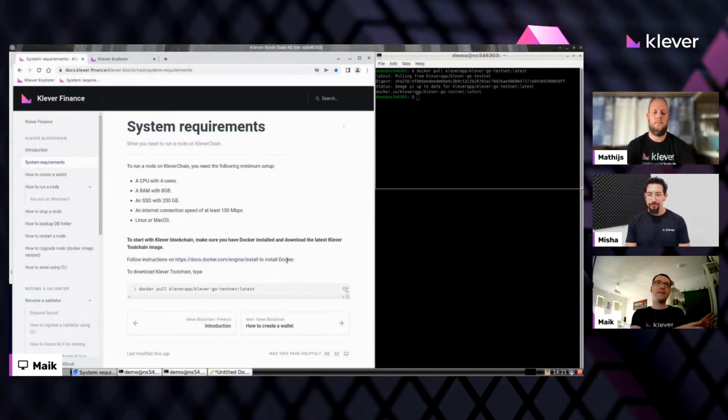The validator is a machine which validates the blocks, so it checks if what you are doing is correct and confirms if the blocks are okay. You can always run a node. You don't have to have enough KLV to run a node. And each node supports the blockchain and its stability,